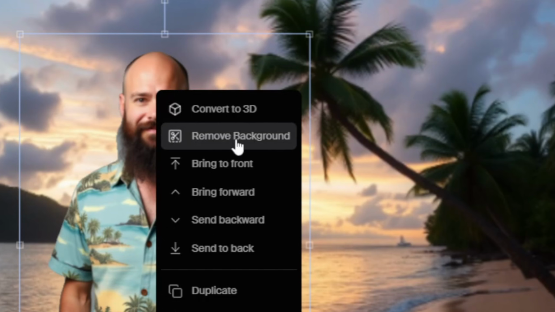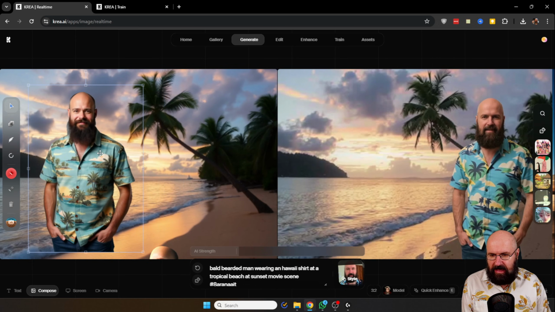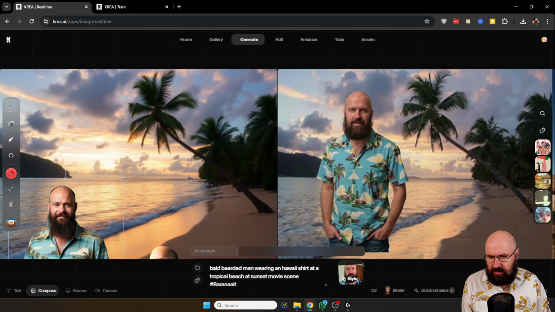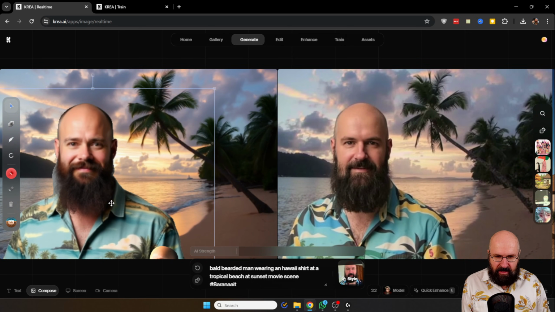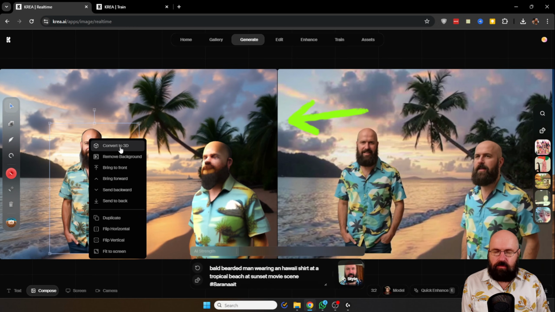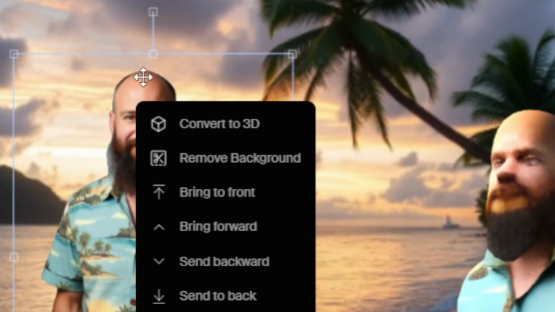And then you can simply move it around, and you can see with the real-time generation this will just adjust the scene. You can also of course zoom in here like that, and there you can see we have an image of me standing at that tropical beach. Pretty amazing. But of course if you have a normal image, the downside is you can't really rotate that character. So right click and convert to 3D. Takes a little bit, maybe 20-30 seconds, something like that, and then it should generate a 3D model for you,